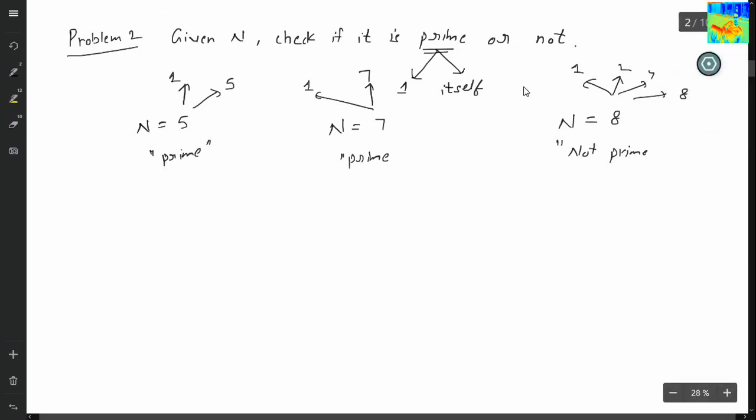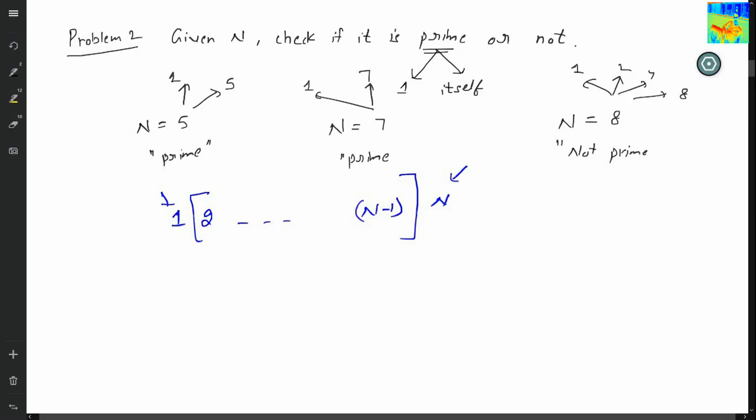Okay, so what should be our approach? We are going to follow a very simple approach, the layman approach. Starting from 2 till n minus 1. 1 and n are going to be the factors. So my approach will be: if I am able to find any number between 2 to n minus 1 that divides n, then the number is not prime.